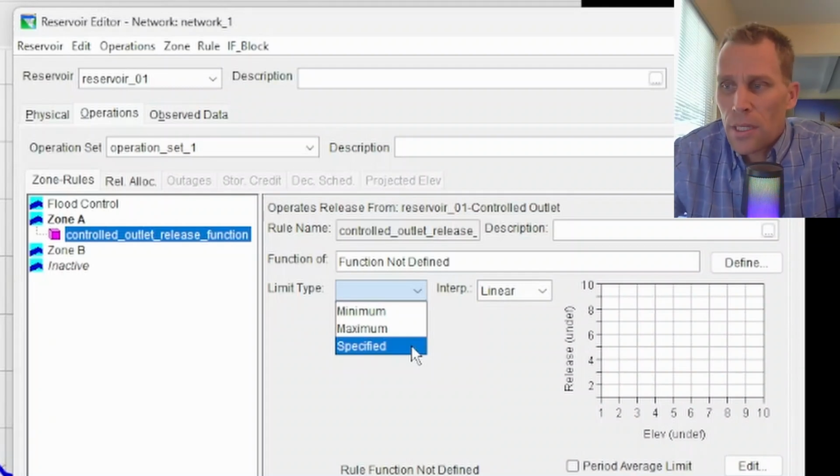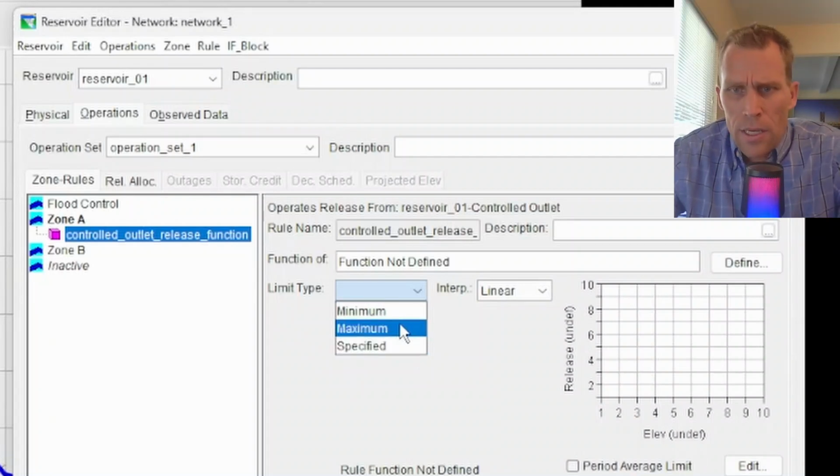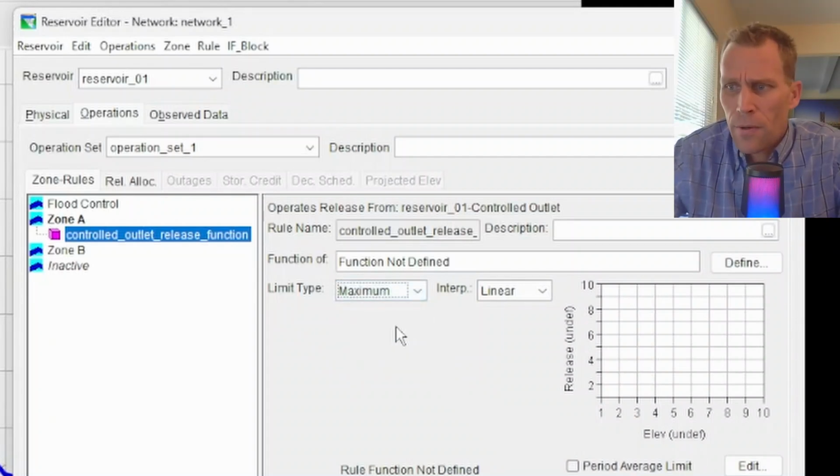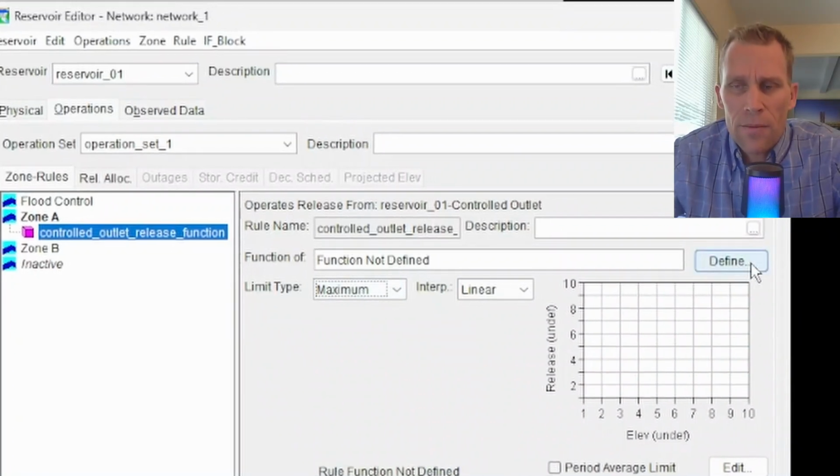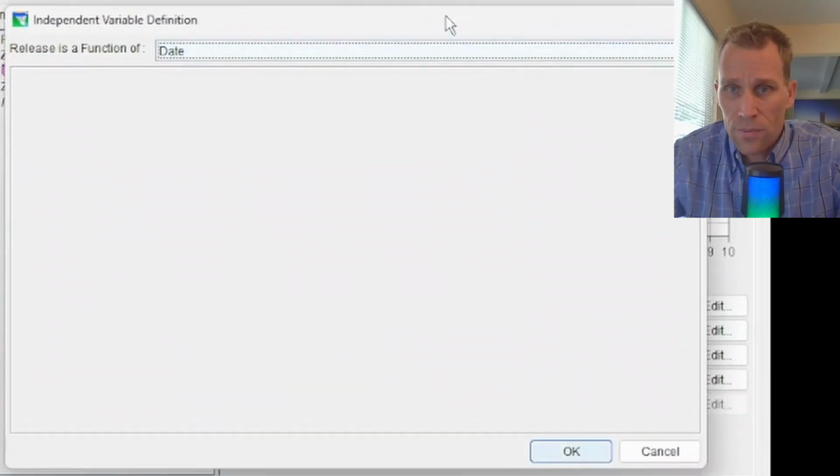If you were listening to the example I said, this is a maximum. So I'm going to go ahead and select maximum for 2000 and 3000 CFS. And then above that, we have the function of. So go ahead and click the define button over to the right. And this is where we identify this rule to be based on the independent variable,